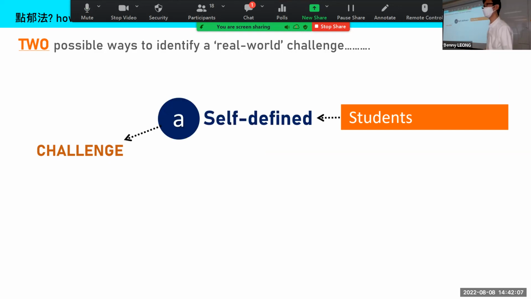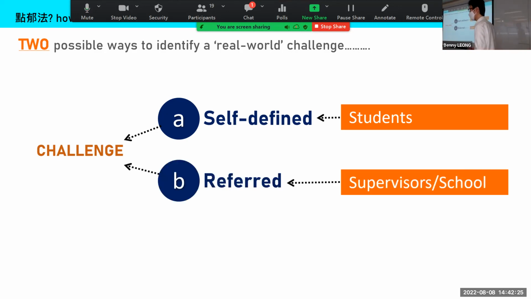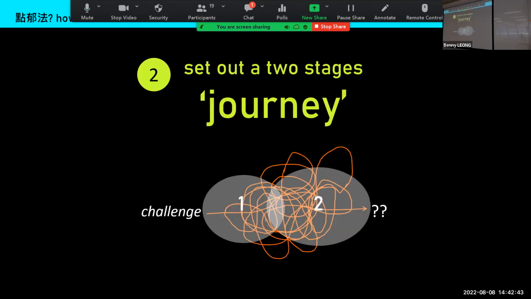In the new integrated designpreneurship subjects, unlike the regular capstone, we encourage you to self-define and identify the problems that you think are worth dealing with. Second, this time we try our best to offer, from the perspective of the supervisor, the tutor group, or from student design, some interesting challenges for you to select. So this is first, identifying the challenge.